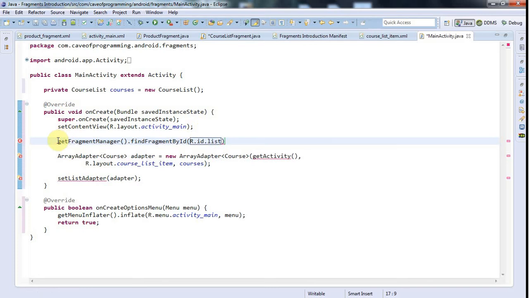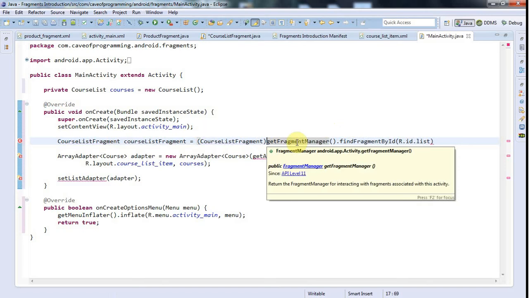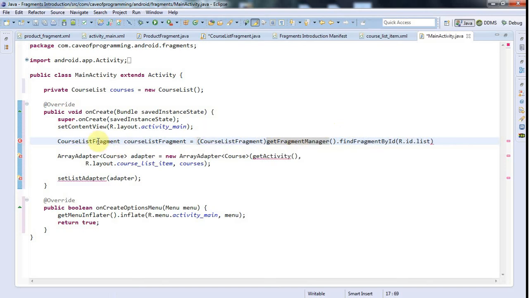So this is my list fragment, course list fragment. I need to typecast the return value of this to course list fragment equals course list fragment get fragment manager dot find fragment by ID, because this just returns a fragment and I want this specific fragment here. Then I can create my array adapter, and instead of saying get activity now, I can